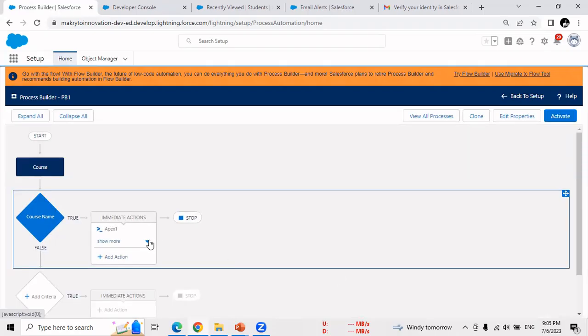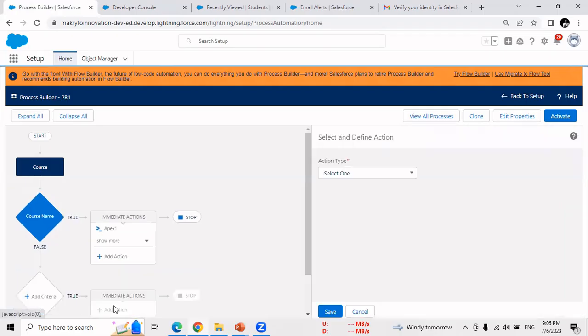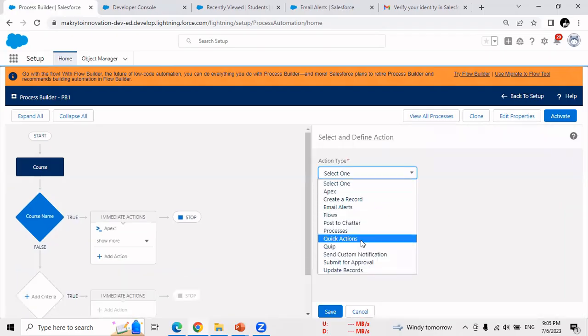So you can see I have defined almost 5 actions over here. और इसमें से बचा कौन है? क्विप हम लोग नहीं कर सकते बिकॉज इट इज इरेलेवेंट विद द इंटीग्रेशन। फ्लोज, प्रोसेस एंड अप्रूवल प्रोसेस, ये हम लोग पहले हमको अप्रूवल बनाना पड़ेगा फिर ऐड करेंगे, पहले प्रोसेस बनाना पड़ेगा फिर ऐड करना पड़ेगा। फ्लोज हमने बनाया बट वी आर नॉट गोइंग टू परफॉर्म दैट पर्टिकुलर एक्शन अंडर दिस प्रोसेस बिल्डर, तो इसीलिए ये 3 चीजें हमने स्किप किए हैं। और फोर्थ वाला जो है अपडेट रिकॉर्ड्स, ये एक्सरसाइज में आपके लिए छोड़ रहा हूँ